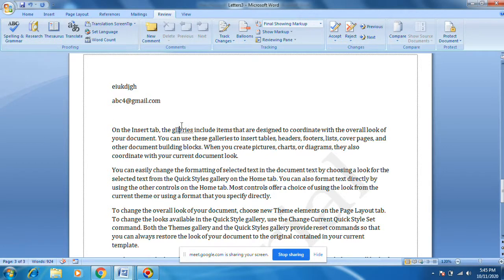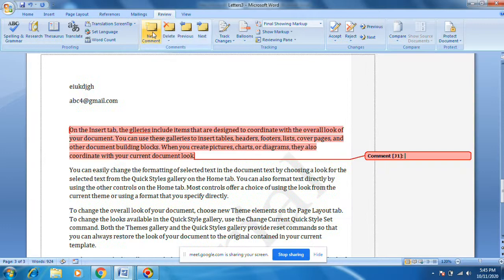Your teacher analyzes an English paragraph you have written, and they want to keep some comments in this paragraph. Just a comment. They will add like this: some spelling mistakes are there.